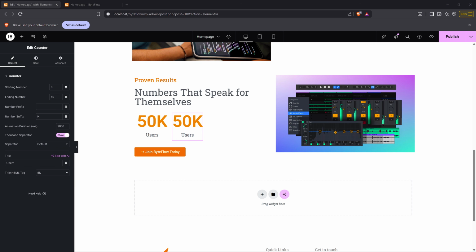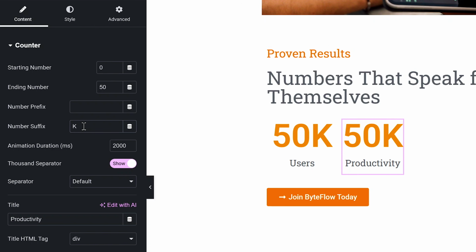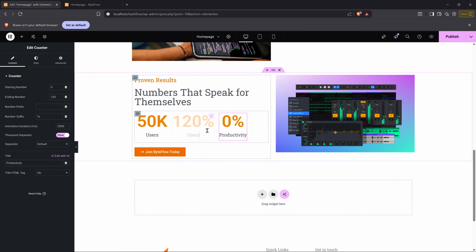For our second counter, we are going to have 120%, and that's going to be our productivity. I'm going to change the K to a percentage sign, and I'm going to change the 50 to 120, and I'm going to click on Control D to duplicate it. And the last counter is going to be our uptime. I'm going to change this to uptime, and I'm going to have 99.9%, 99.9 also percent, and I'm going to